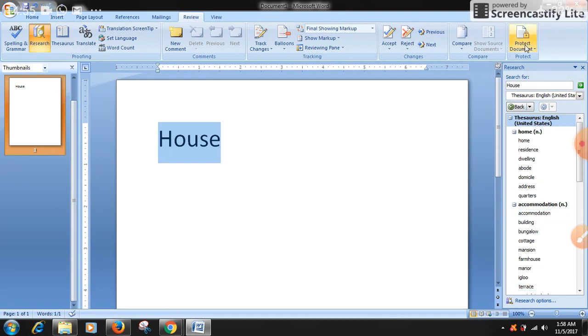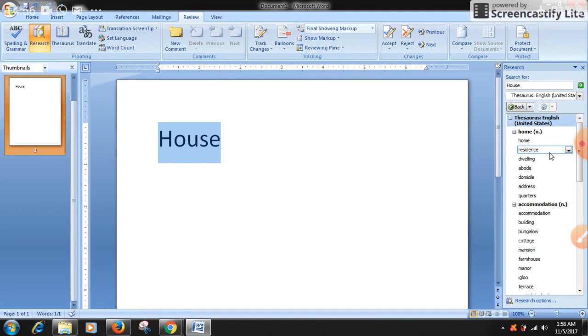Once again, see here: Review, and Thesaurus. As you click on Thesaurus we get this pane, and in this pane we get many words related to this word, house: home, residence, dwelling, abode, domicile, address, building, bungalow, cottage, many types of words related to this word. If you want to enter, in place of house, the word residence, click on this word.